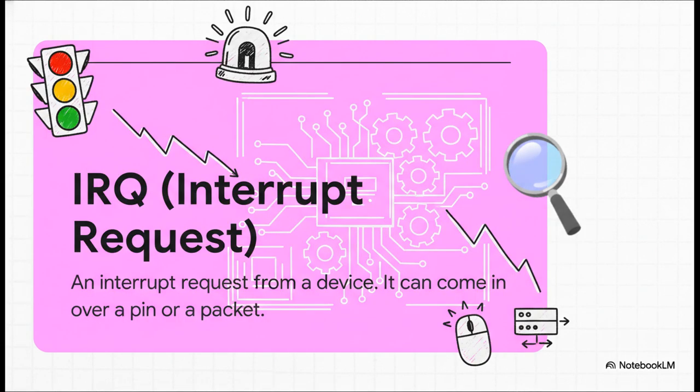So how does the real world, your keyboard, your mouse, get the kernel's attention? Well, that happens through an IRQ, which stands for interrupt request. And you should really think of it as an emergency siren. The moment you click your mouse, the hardware sends an interrupt signal. This forces the CPU to stop whatever it was doing, I don't care how important it was, and immediately handle that mouse click. It's the system that makes your computer feel instant and responsive.